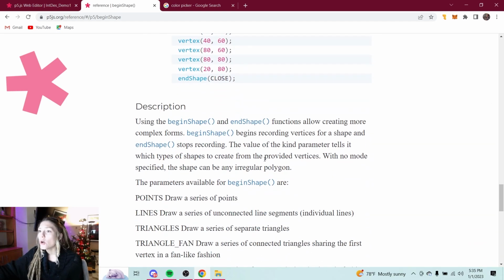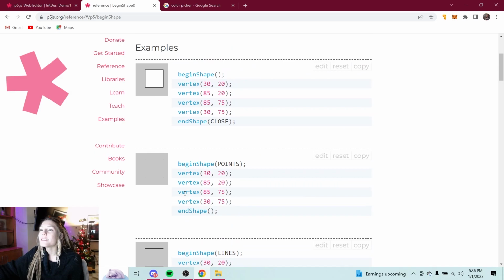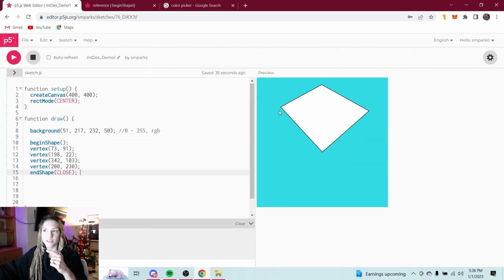is, where is it? Oh, I wanted to curve the edges, like instead of having really defined points, I wanted them to be rounded. So you might not find it here actually very easily. So I think I'll just give you a little quick tip. I think you just put curve